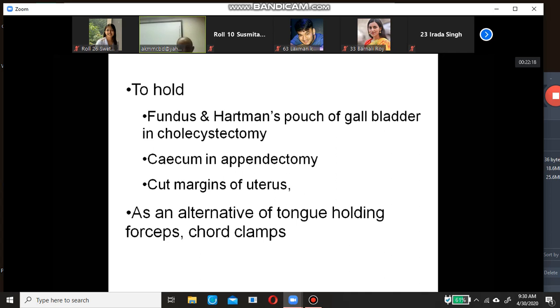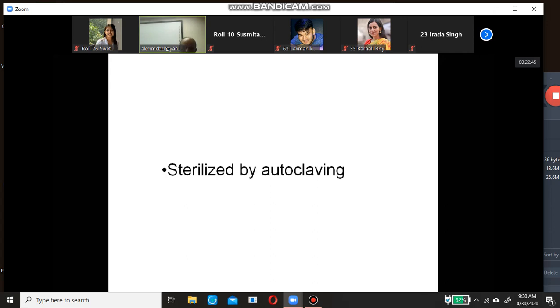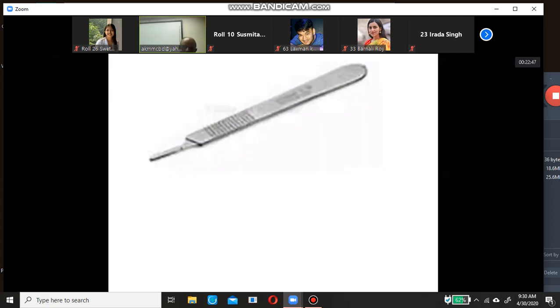This is also a use in case of delivery, either vaginal delivery or cesarean section: we can hold the umbilical cord. We can use this to clamp. We can use other instruments, the artery forceps, Kocher forceps, or this one. This is sterilized by autoclaving.